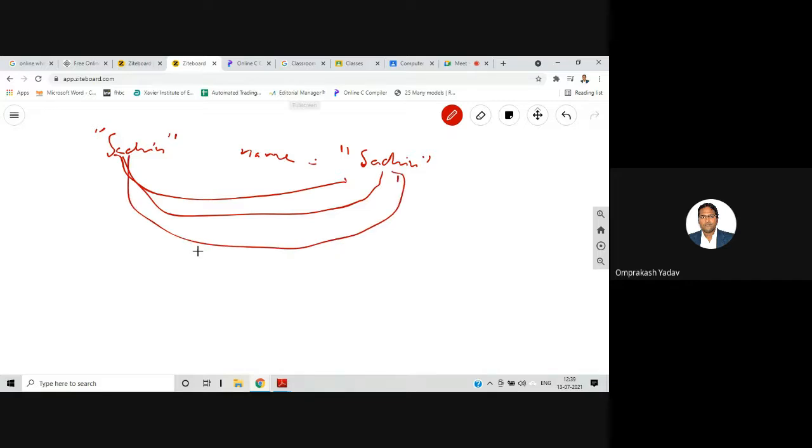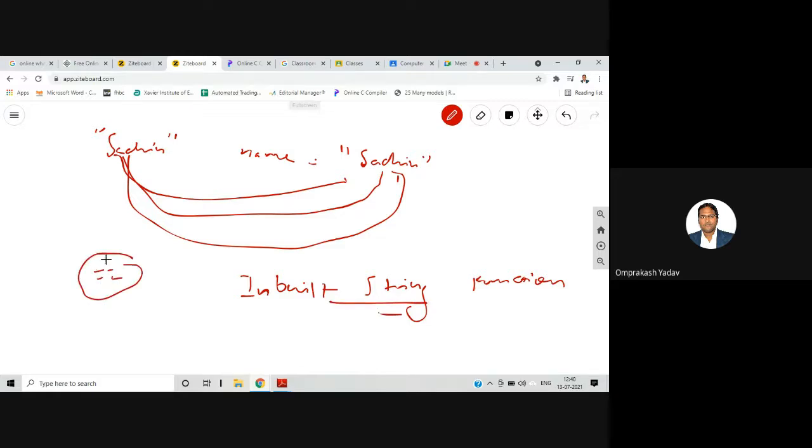The second thing is there are some inbuilt string functions. You can use those functions to check whether both the strings are equal or not. So don't use the equal to operator for checking whether both strings are equal. There is one string comparison function, the strcmp function. It will take two strings, let's say s1 and s2, and compare them, whether the first string is greater than the second string, or less than the second string, or whether s1 is equal to s2, right?